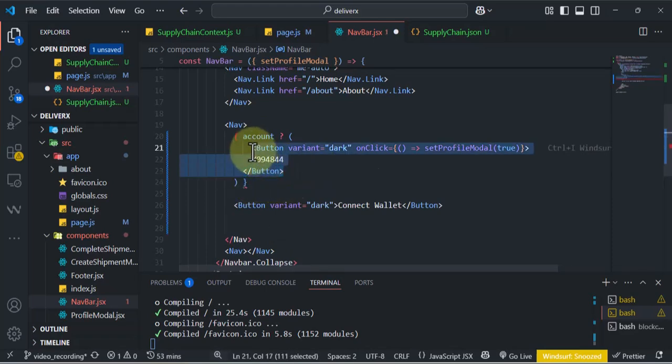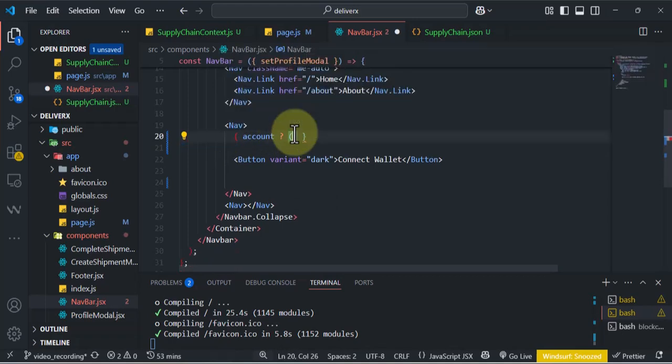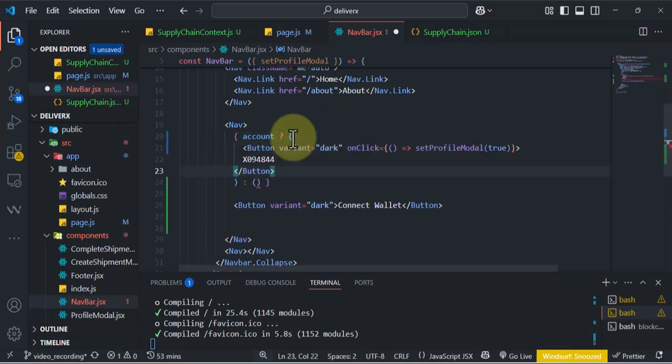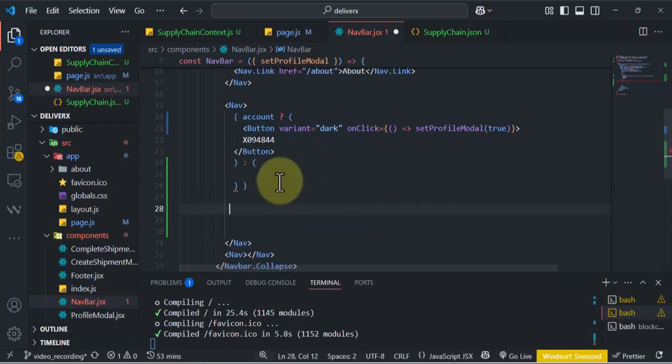So this is just like an if-else statement. Let me erase this first. It's like an if-else statement. So if this is true, then display this. Otherwise, if it is false, display this. So if this account is true, that means there's an account logged in already, then I'll display the address. And if there's no account at the moment, otherwise, then I'll display the button for the user to connect their